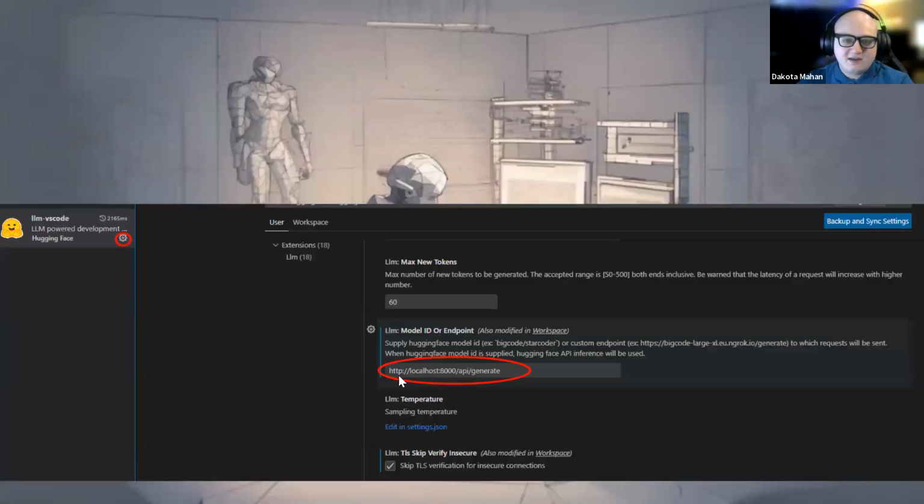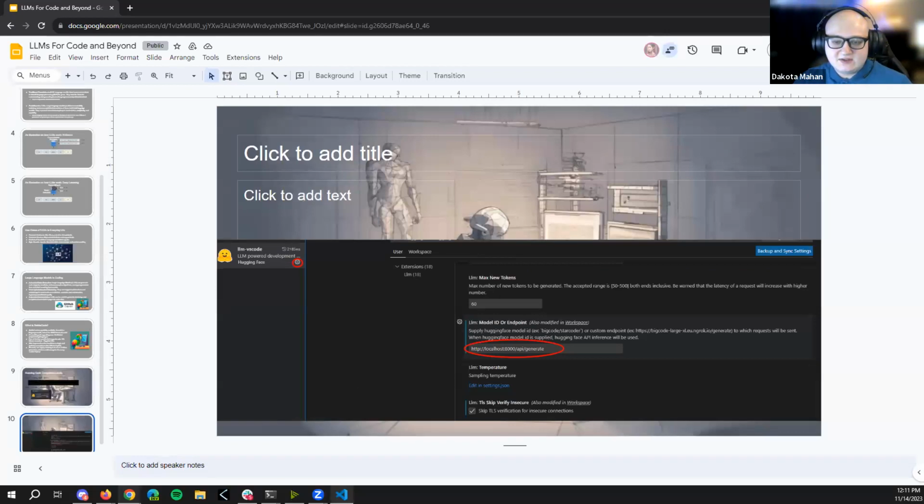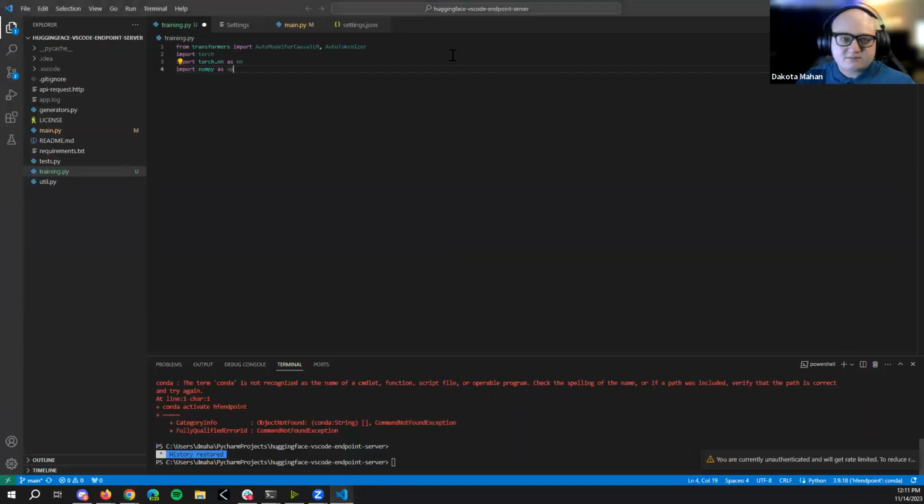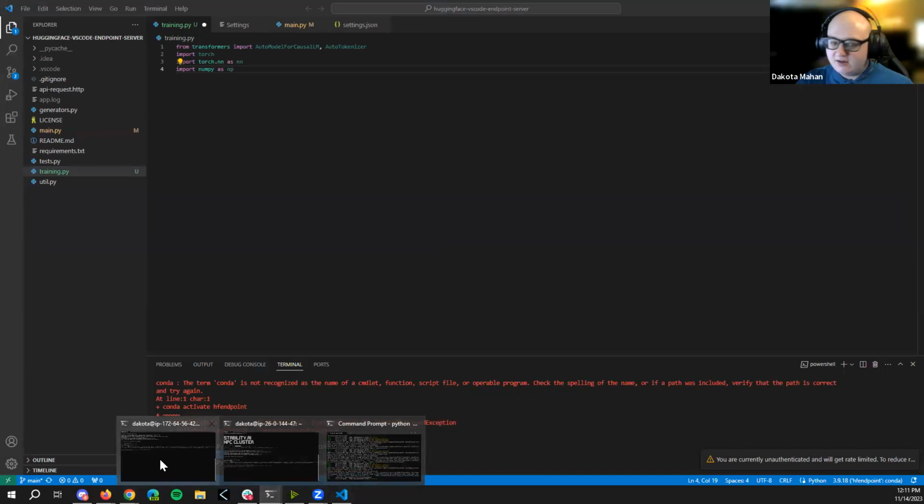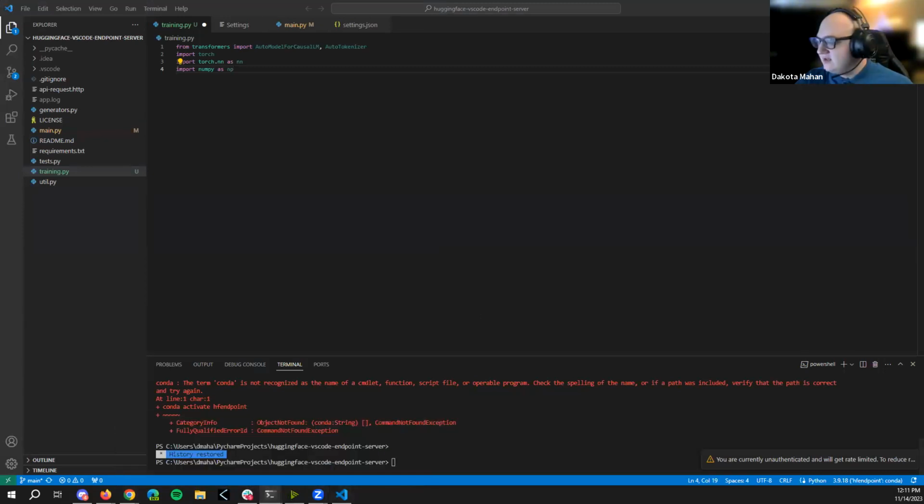Have to install that, and then change the model ID to the endpoints here. So I'm going to go ahead and switch over to VS Code for this. So yeah, just have this quick page here set up. And so I'm running it already. If I can get the command prompt here, you can see it running here in the background.